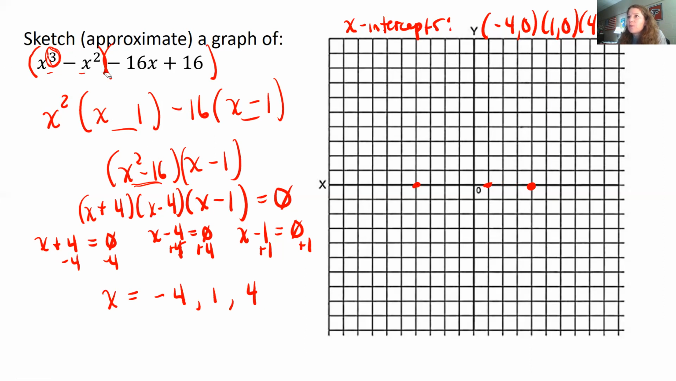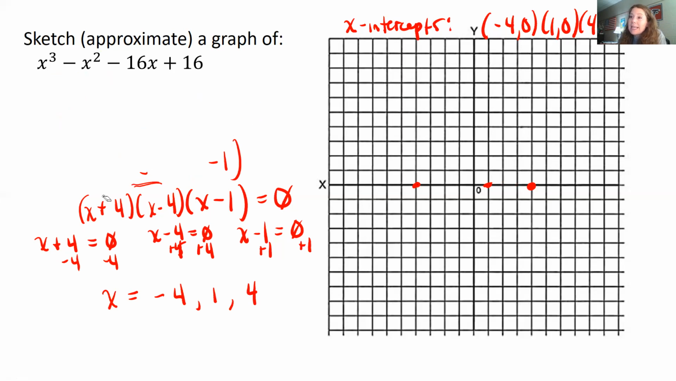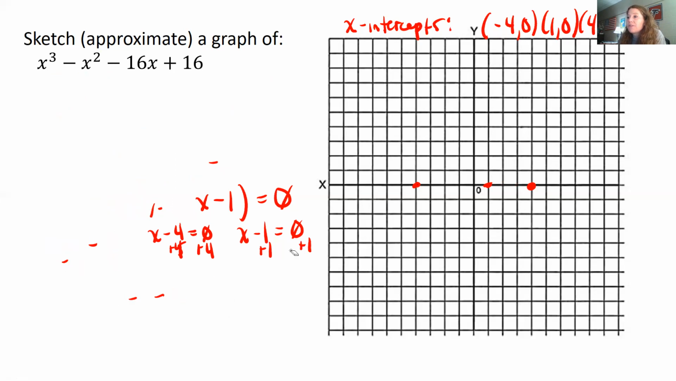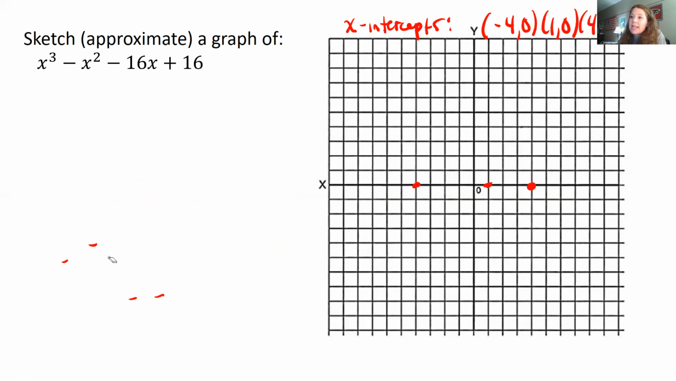And then the other thing we can know for sure, besides our graph beginning and ending with a positive slope, so going up and to the right, is our y-intercept. Now remember how we find y-intercepts? We have to set x equal to 0. So we're going to do 0 cubed, which is 0, minus 0 squared, which is 0, minus 16 times 0, which is 0, and 0 plus 16 is 16. So our y-intercept